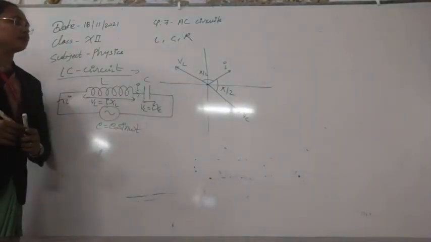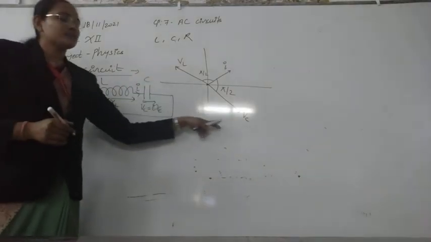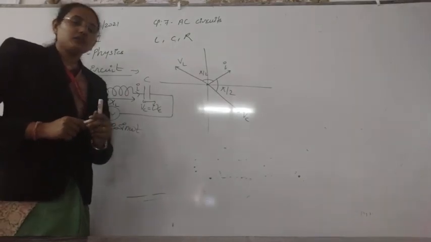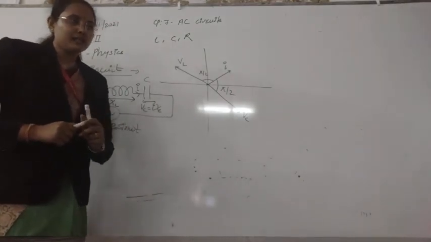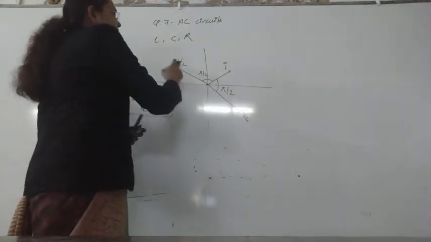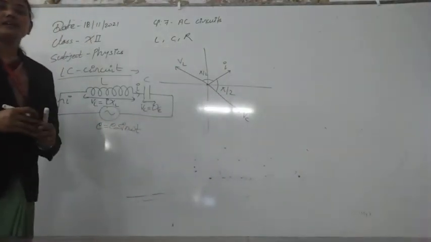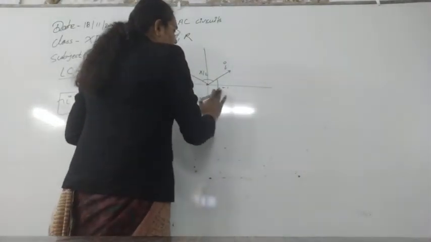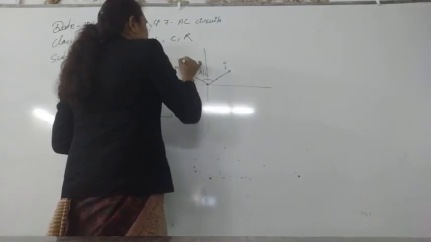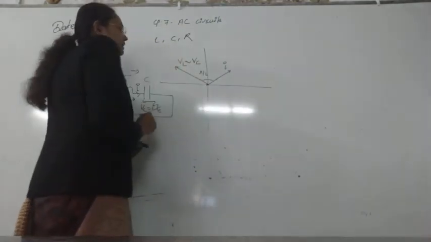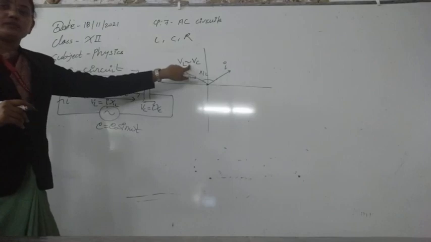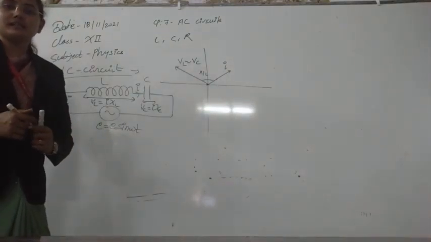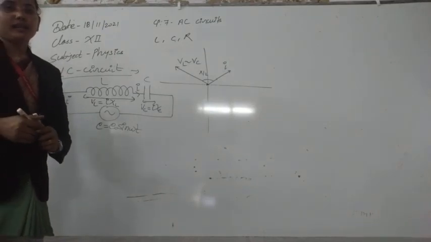In this phasor diagram, you can see we have two vectors VL and VC that are 180 degrees out of phase. So we can take their resultant, and the resultant depends on which factor is greater. For example, let us suppose VL is greater than VC. Then the resultant will be VL minus VC, as we have assumed, which is why I have given a difference sign. Whichever factor is greater, the resultant will be along that direction.